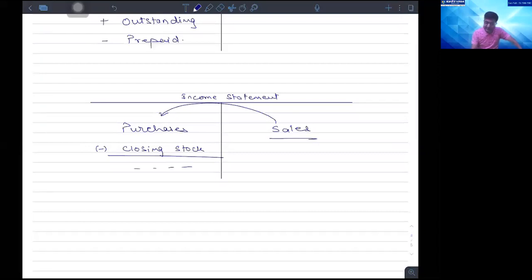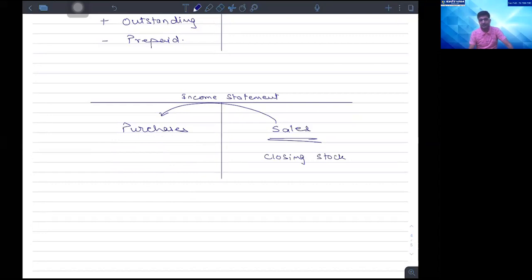By this way, my sales is adjusted with my expense or not. So my matching principle is followed. However, the closing stock, क्योंकि जो मैंने इस साल में गुड्स खरीदे थे और अभी तक के अनसोल्ड हैं, तो वो मेरा इस साल का एक्सपेंस नहीं है, बट अगले साल के लिए तो एक्सपेंस हो जाएगा नहीं. That means the closing stock of 1 year becomes the opening stock of next year. And accordingly, what we do is, instead of showing it into the trading account debit side as subtracted from purchases, we show that into the trading account, that is the income statement, onto the credit side.